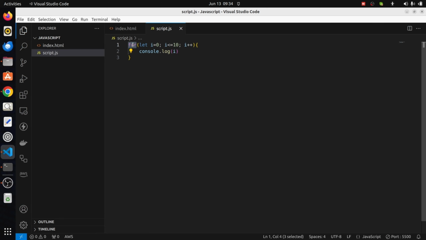We have the for statement, then we have the bracket, and the bracket takes three properties. The first one is the initialized variable, which we're going to be creating a variable called I, and it's going to be equal to 0 because we want to start from 0. If we want to start from 1, we should say I should be equal to 1. Then the second one is the